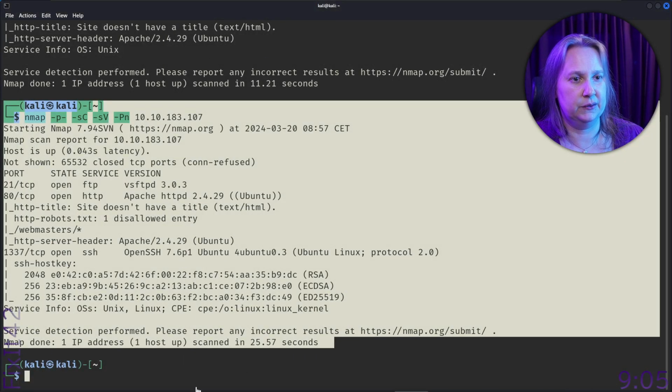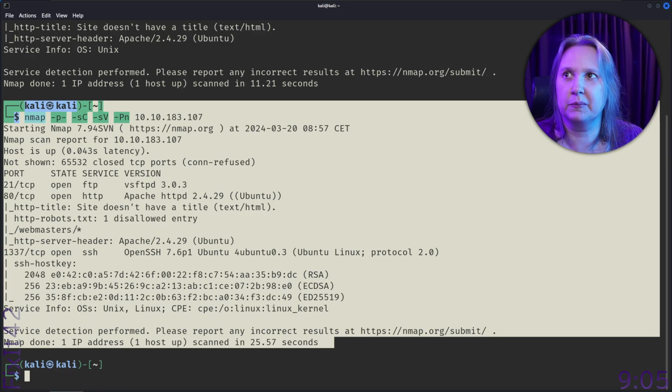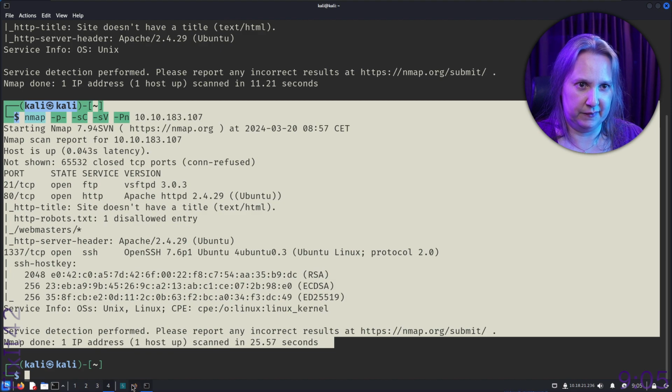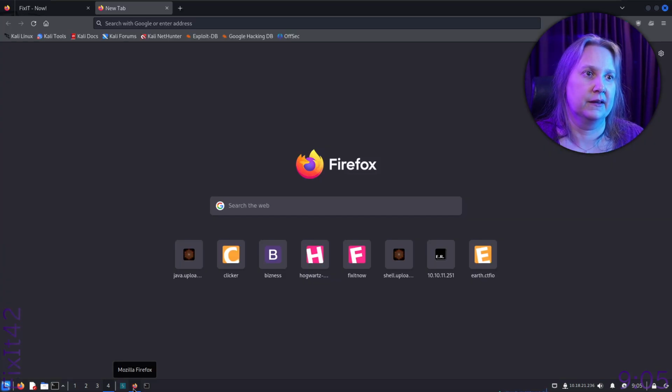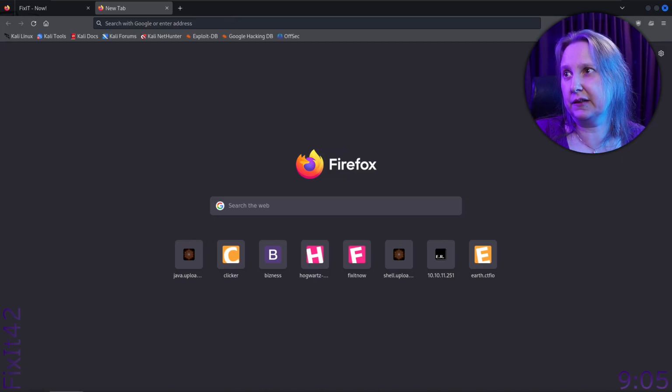Because if we go to our browser with this web page, and I'm clicking on the wrong box. I didn't want Firefox on this one. I want it on the Kali one. So if you type the IP here, and let's make sure I have that, because I copied all the stuff.